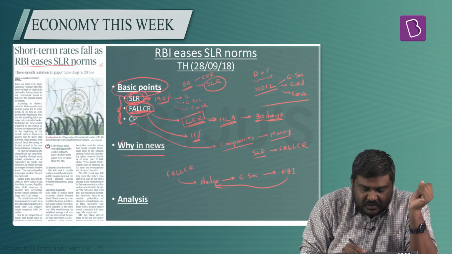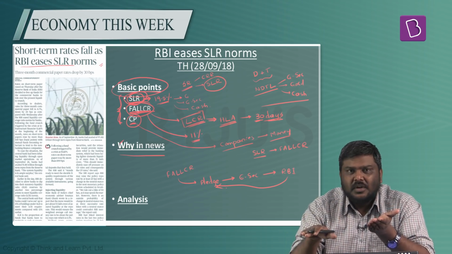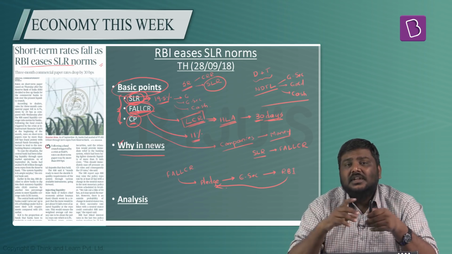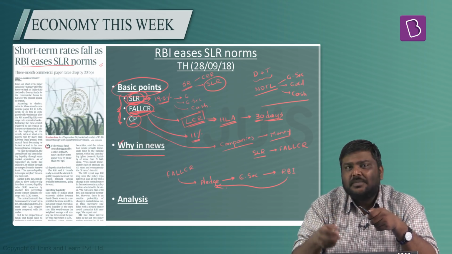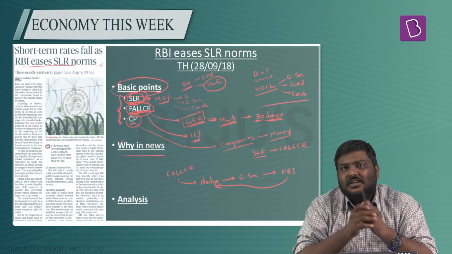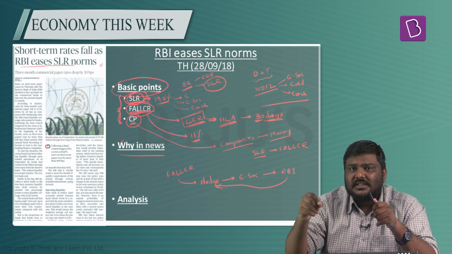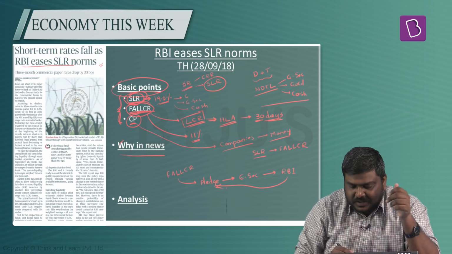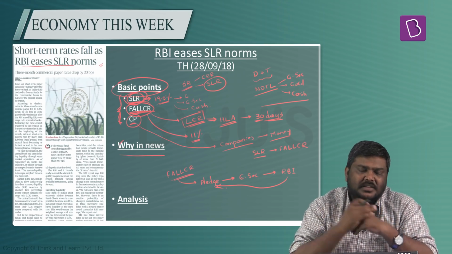It has been seen in the case of commercial papers, because on one side liquidity is coming down, but the demand for money has increased. As a result, investors are asking for a higher rate of interest on every commercial paper that they are purchasing. So we have seen that the commercial paper rate of interest, or the coupon rate, has increased in the last couple of weeks. So what RBI has done is relax this particular provision of SLR under the FALLCR.